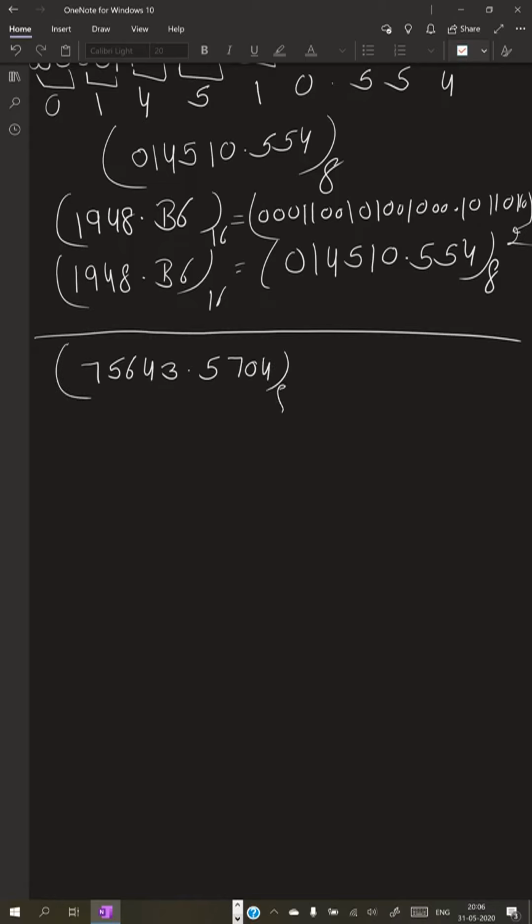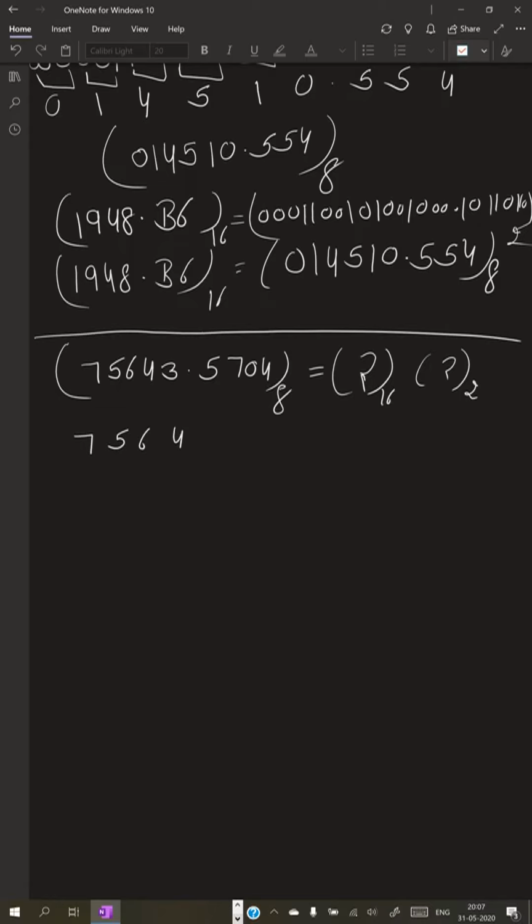This is my octal number, and we want to convert it into hexadecimal and binary, both. So first we convert octal to binary, then we convert it into hexadecimal. For this we require the three variables table.